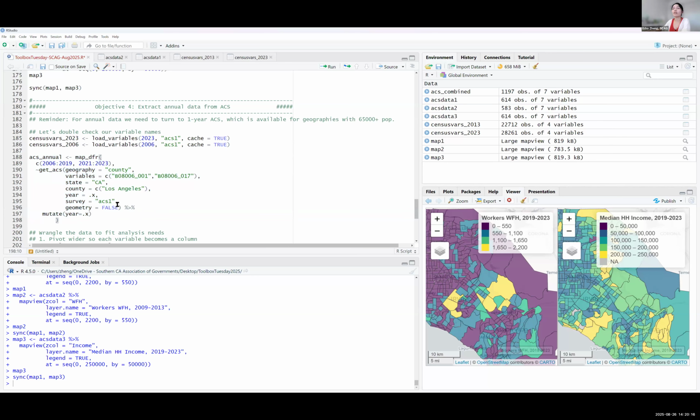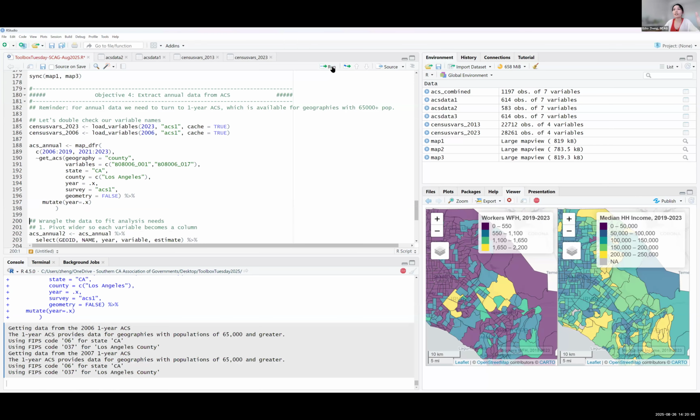If we run through it together, it will create a time series for variables for all the ACS years available. So for example, here I'm extracting the data starting from 2006, and I skipped 2020 because we don't really have data for it. And instead of extracting only the one variable for work from home, I also get the 001 variable as well, and that's for total workers. So later it's easier for you to calculate the rate.